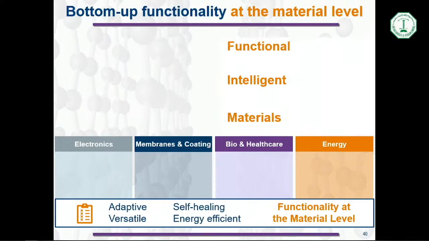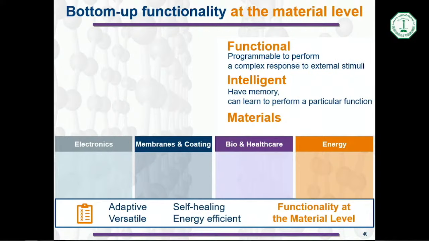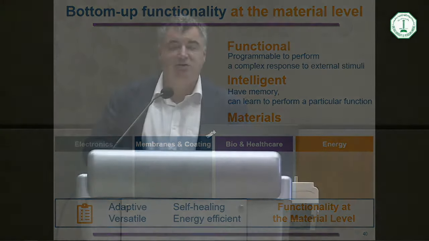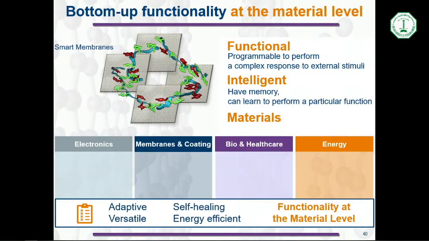And that's what we call the functional, intelligent materials. Functional, in that they can be programmed to do something, and intelligent, but at least they would have some memory, maybe, so that they can learn and memorize. And just to give you one example, I said that we can produce graphene membranes, and for example, they can be used for water desalination,